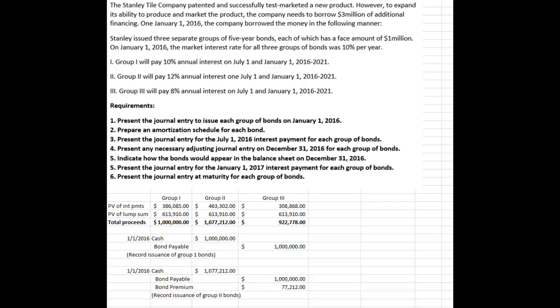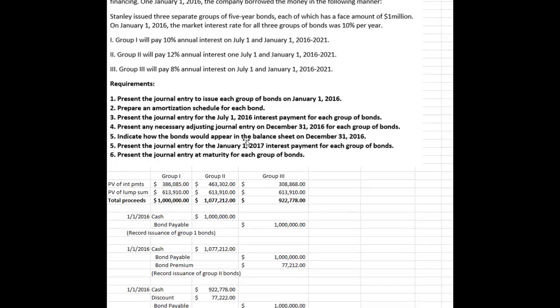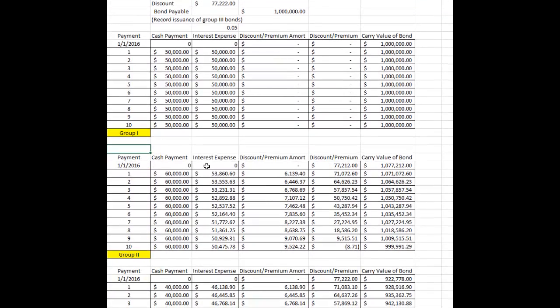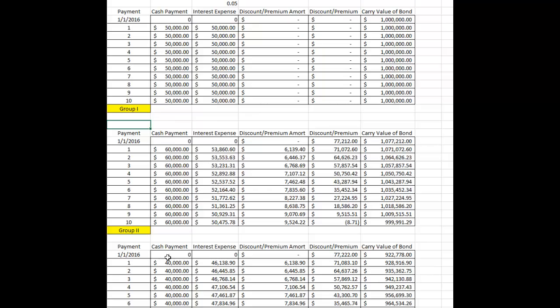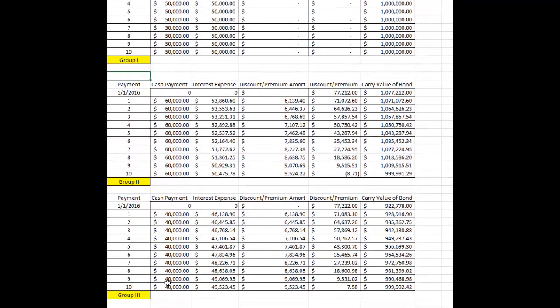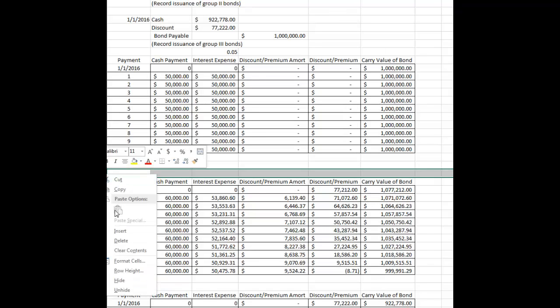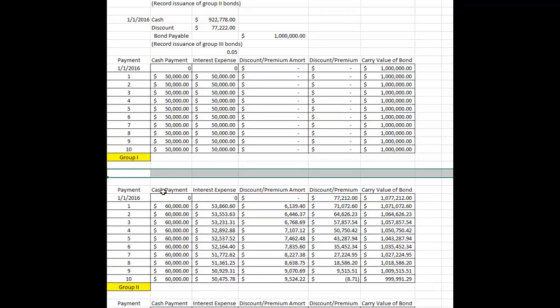So the third requirement of this problem is very easy once you have the amortization tables figured out. They ask us to prepare the journal entry for the very first interest payment that happens on July 1st of 2016 for each of the groups of bonds. And so I've got each amortization table here for each of the three groups of bonds, and I'll go through one by one what the interest payment looks like and how that affects the income statement